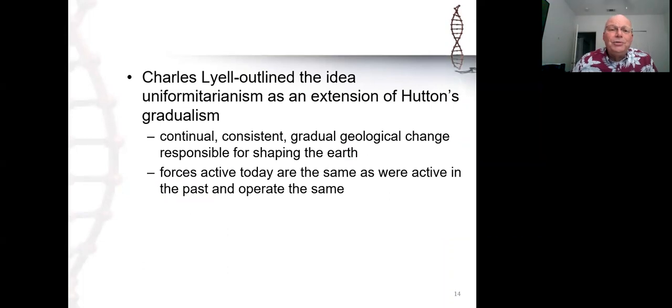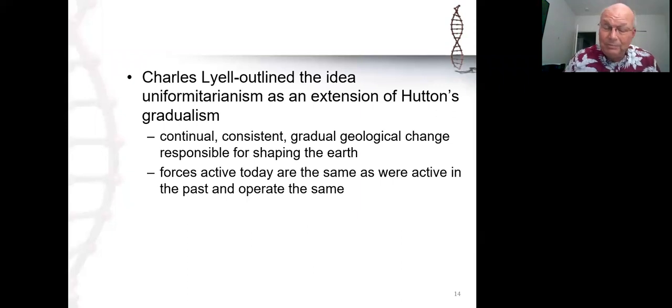We know that Darwin took the first volume of the book with him on the voyage of the Beagle and read it. And in that volume, Lyell lays out an extension of Hutton's